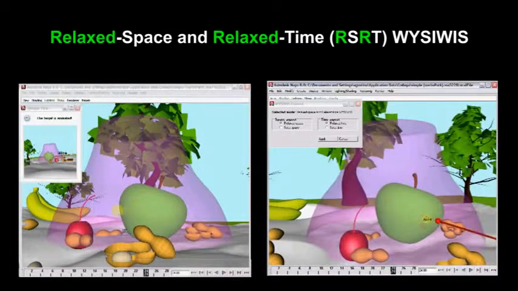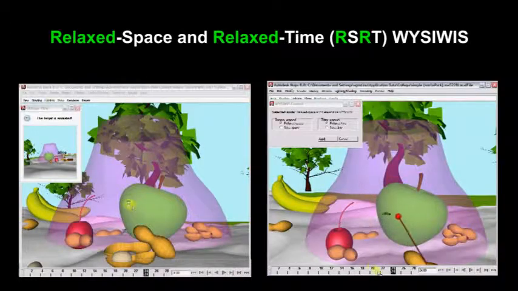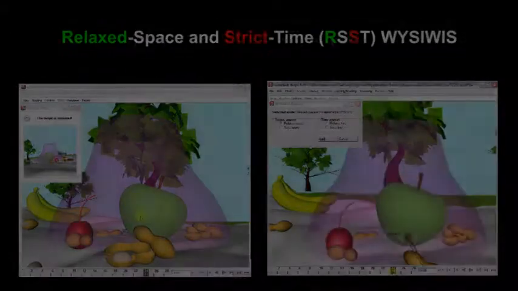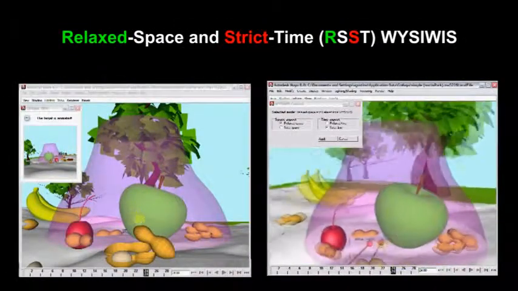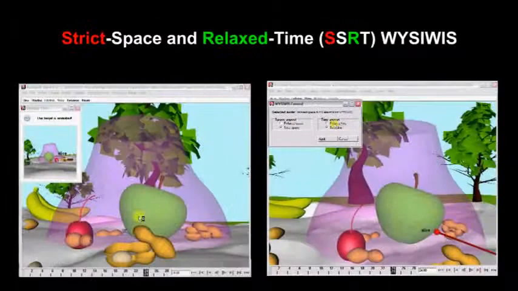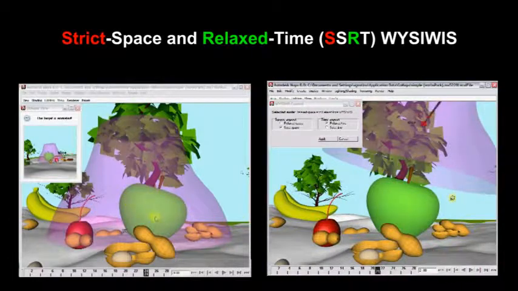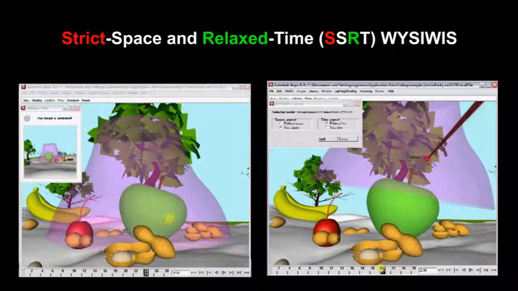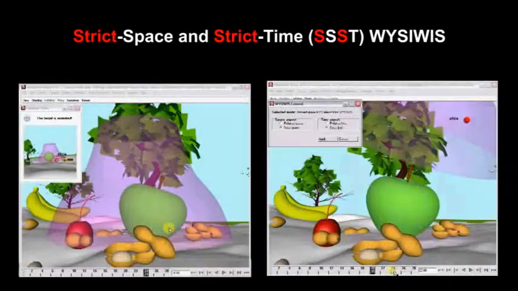Relaxed space and relaxed time WYSIWIS. Relaxed space and strict time WYSIWIS. Strict space and relaxed time WYSIWIS. Strict space and strict time